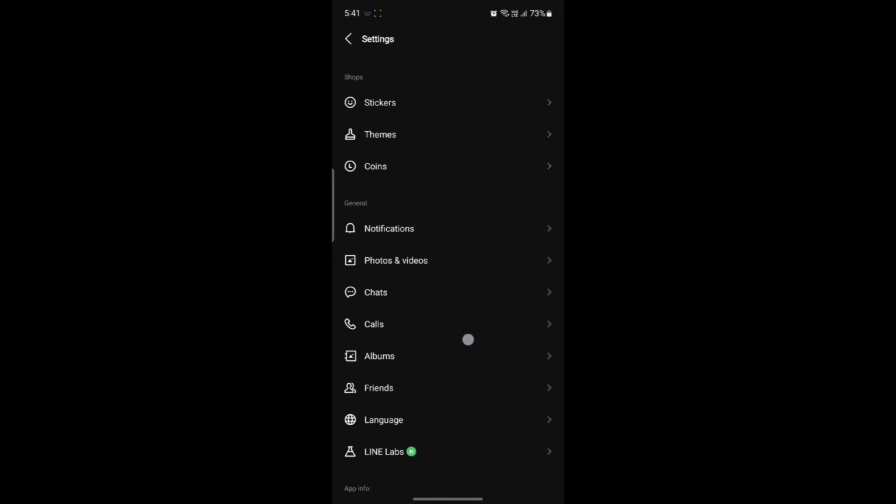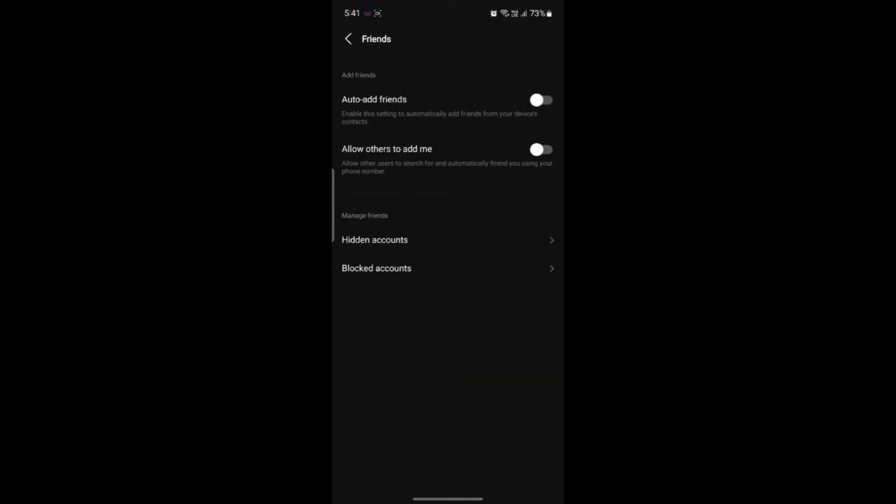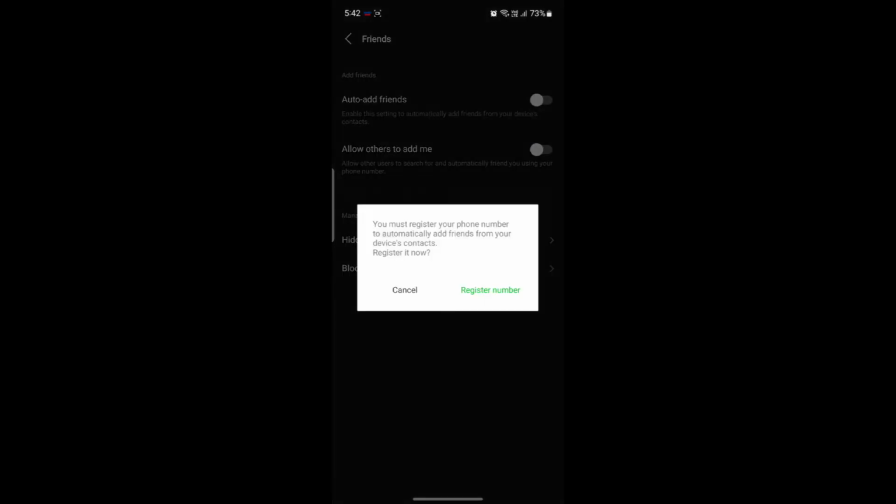Scroll a bit down and you can find this option of Friends. Go ahead and tap on Friends and you can see the Allow Others to Add Me option. What this will do is it will allow other users to search for and automatically friend you using your phone number. So you should go ahead and enable this, and what this does is it will ask you to register